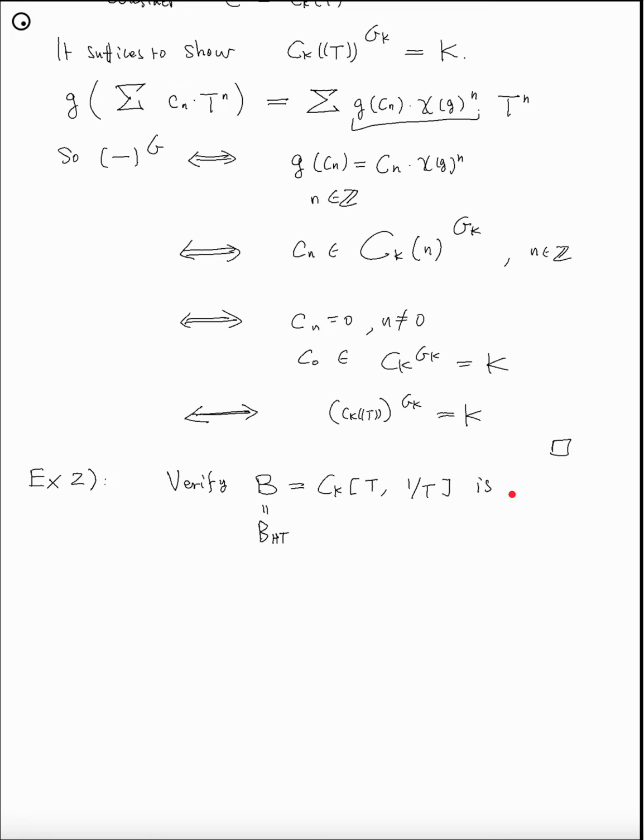Second term, verify this is FG regular. As we claimed, this is QP Jk regular. What is only left is the second condition, right? It's left to show that if B is non-zero, then